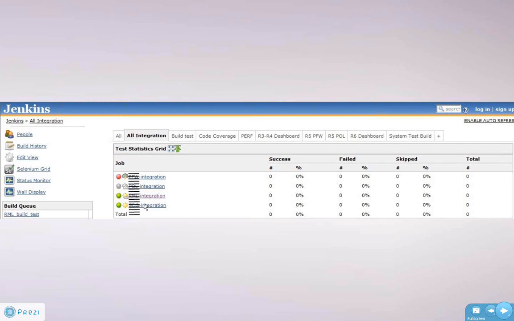Okay, now this is the screen where you can see integration builds. These are the integration builds, which can be differentiated on the basis of different projects. Suppose you have 10 projects for one client. You can create 10 different integration builds with multiple slaves, one slave attached to one project. These are the different integration builds which can be added, and it shows you the color: the red color is failed and the green color is